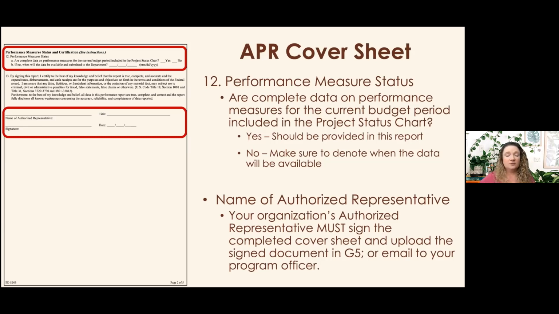For some reason, G5 just cooperates better with PDF documents versus Word documents or JPEGs. So I would highly suggest make it a PDF and then upload that. You'll probably have more success. If it still is giving you fits and won't upload it, then your backup plan is that you can email it to Bianca. But definitely try to upload it into the system first. Don't just go straight to the email option, because it really is preferable to have it all there in the G5 system so your report's complete. But just know that that is an available backup plan.